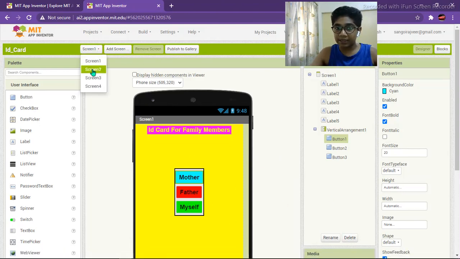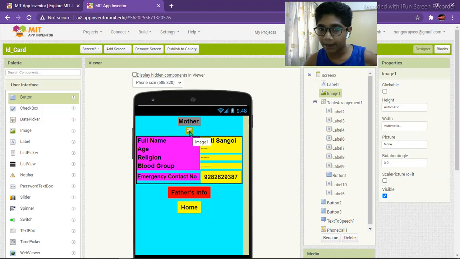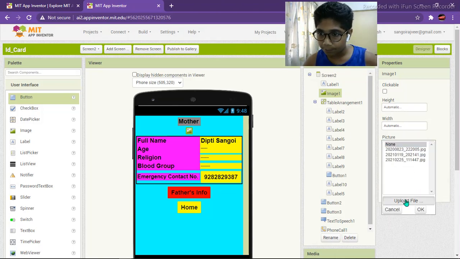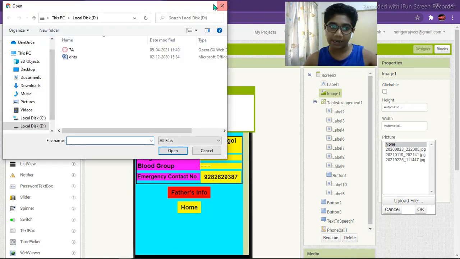One thing which I have not done is choosing this image. So please download your image and then choose your image. How you need to do it, I can tell you once more: go to picture and upload file, choose file, and whatever your file and wherever it is.